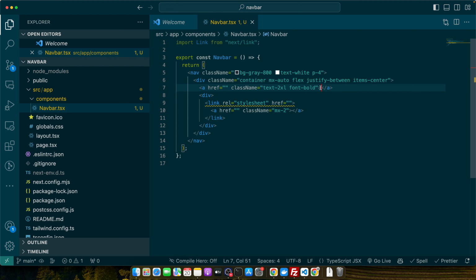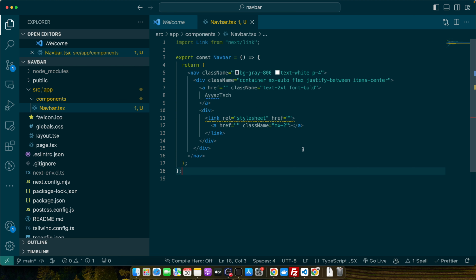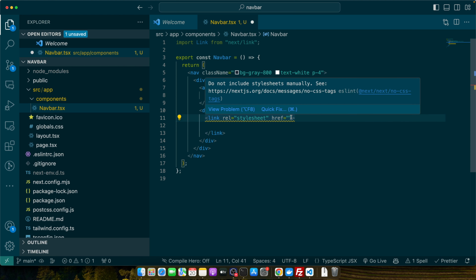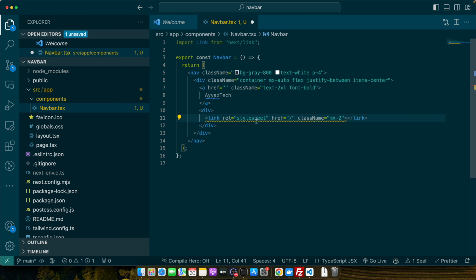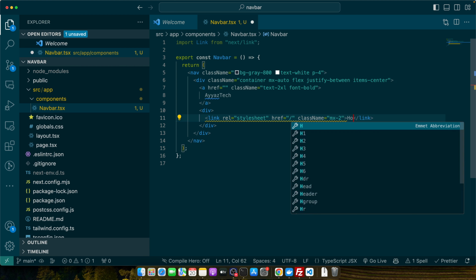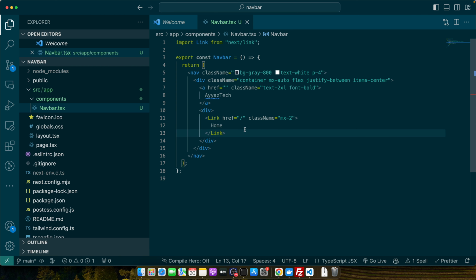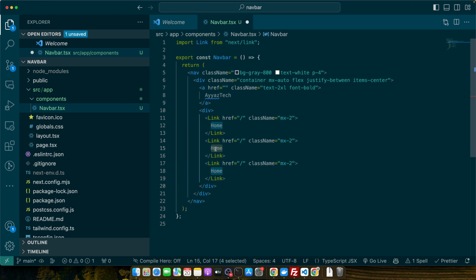All right, now here in the a tag I will type my logo, stack. I think we don't need the a tag here because we have the Link tag, that will be sufficient. Okay, and here I will add a slash, and within the Link tag let me add the text Home. Okay, great. Now I can copy paste it to add more links. This is the About and this is the Contact, and let me add the path for the About page and